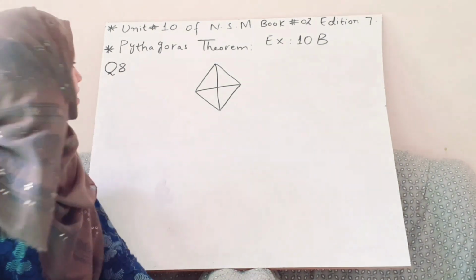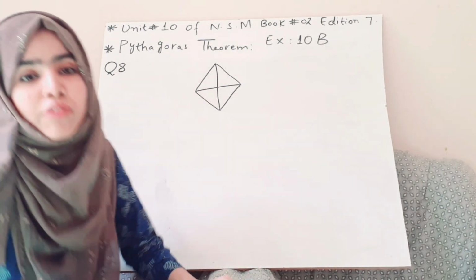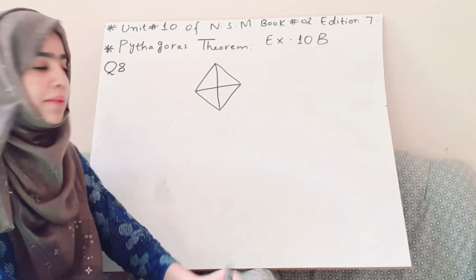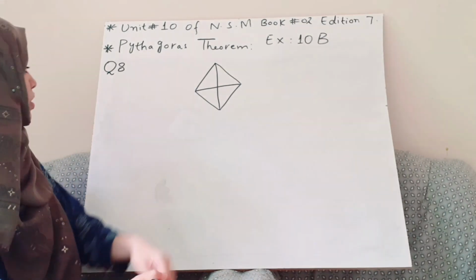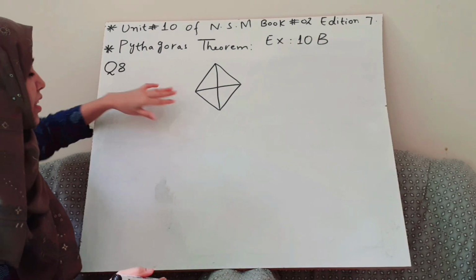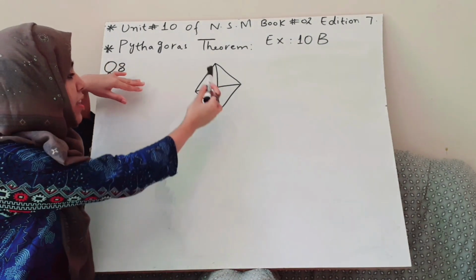So last time we have done question number 7, but in question number 8 few students have problems, so for them I am just giving you the hint of question number 8 which I have given last time as assignment to you. Okay, in question number 8, what we have given in the statement is a table coaster in the shape of a rhombus.